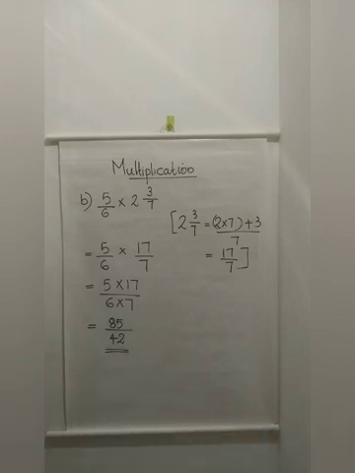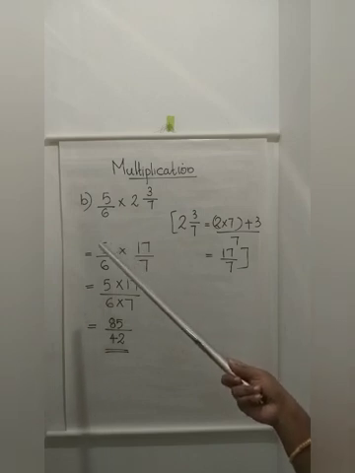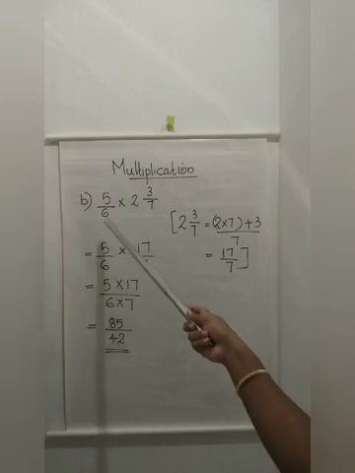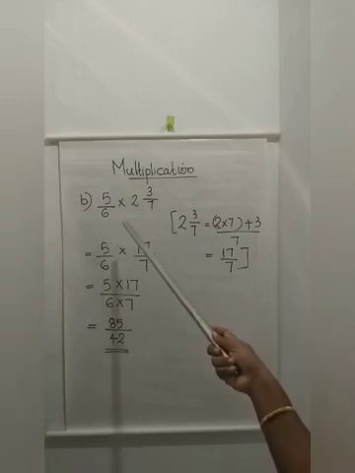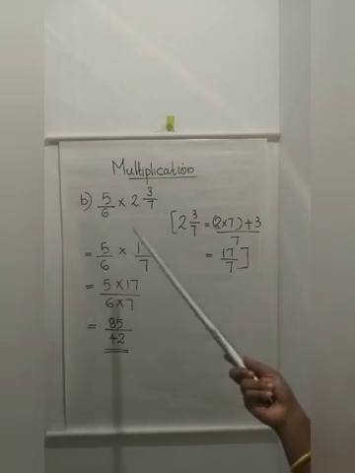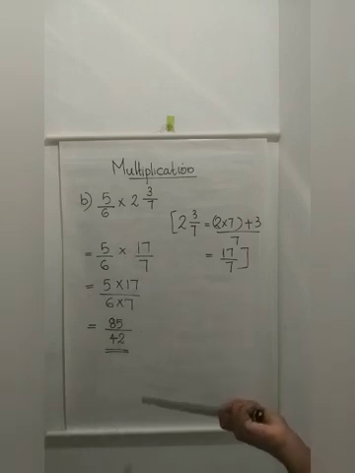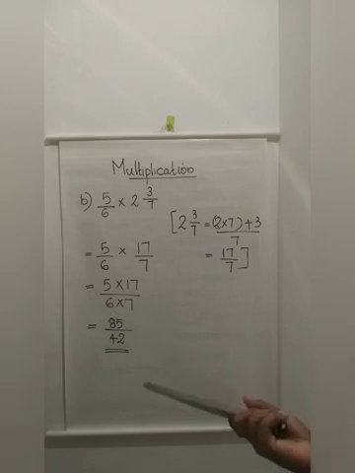In the case of multiplication of fraction by fraction, two cases may come. Both are normal fractions, that means either improper or proper fractions. Then comes one is a fraction and the other is a mixed fraction. Now one more example may come: both are mixed fractions. In any case, convert the given mixed fractions to improper fractions and multiply. The strategy of multiplication is the same in all the cases.